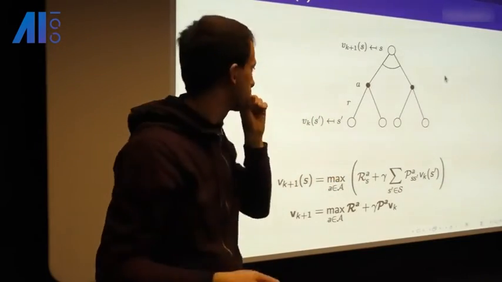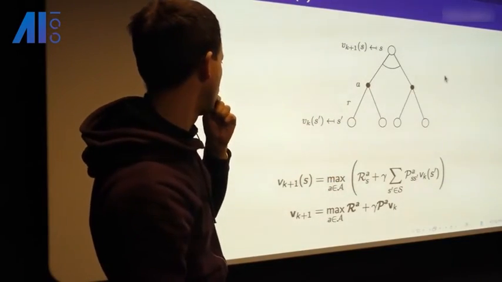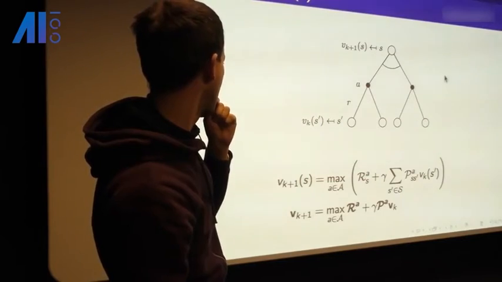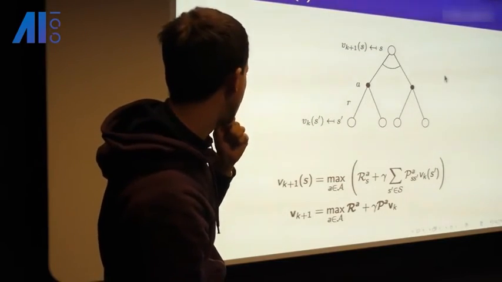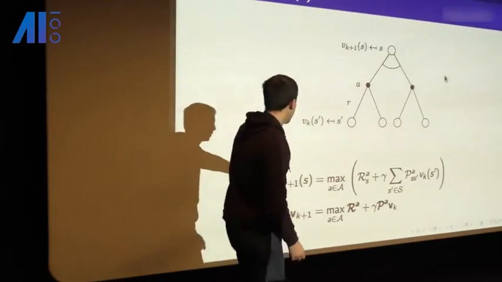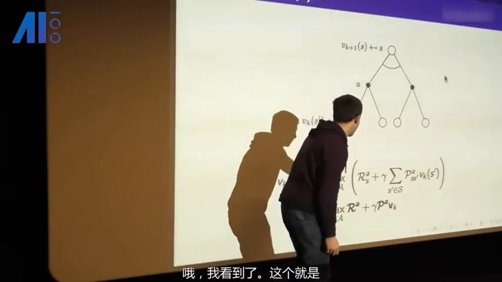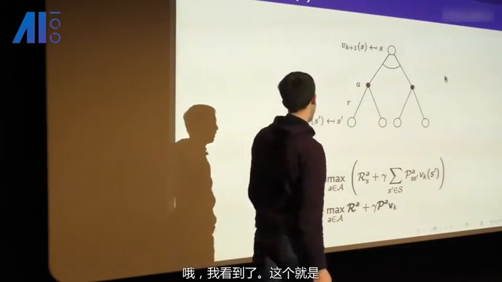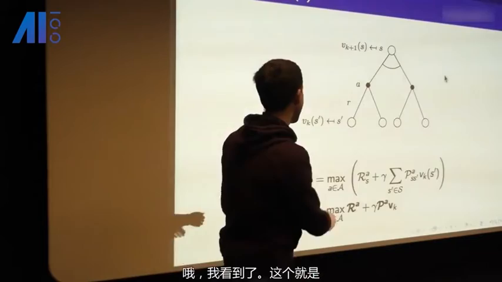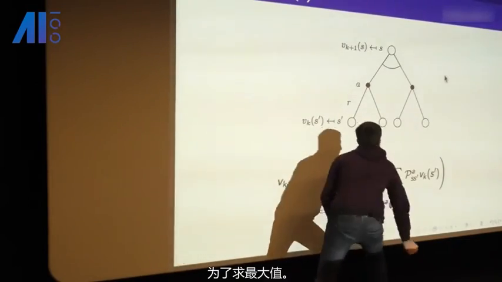Should there be a bracket at the bottom as well, or no? Where? The second line? Here? Around the max. The second line, sorry? Yeah. Ah, I see. Yeah, this is a max over the whole thing. Over the whole thing, okay. Yep. Yes,